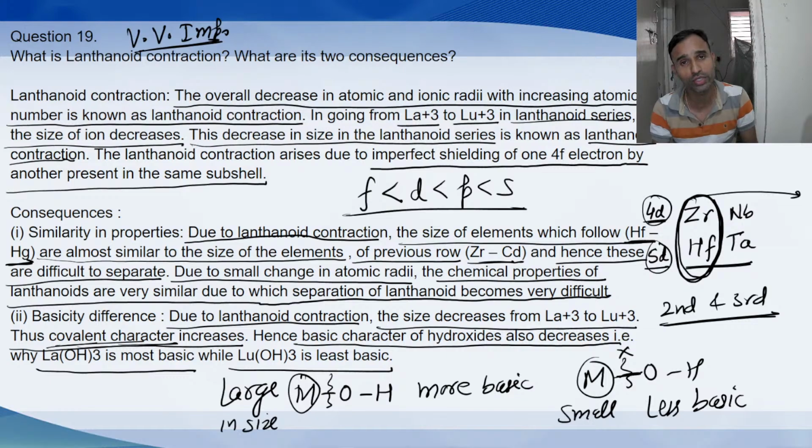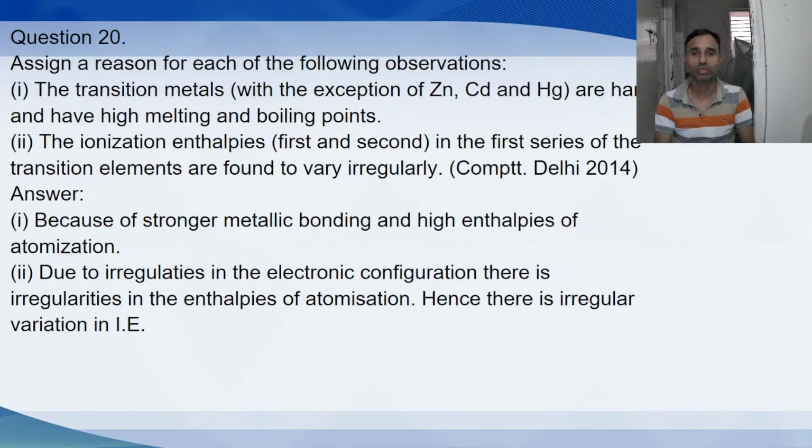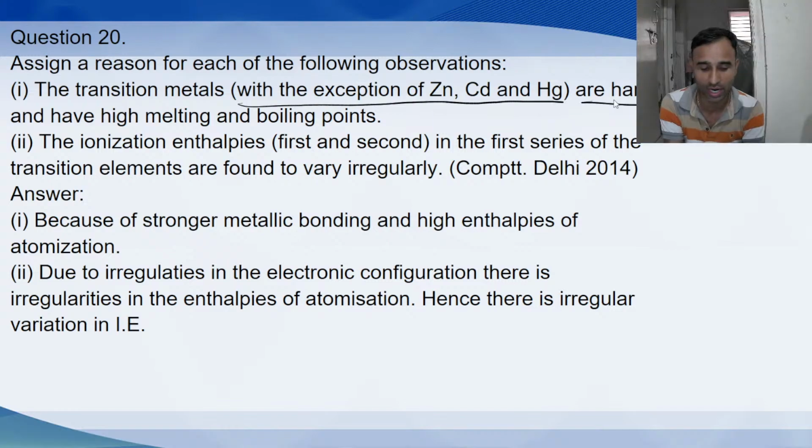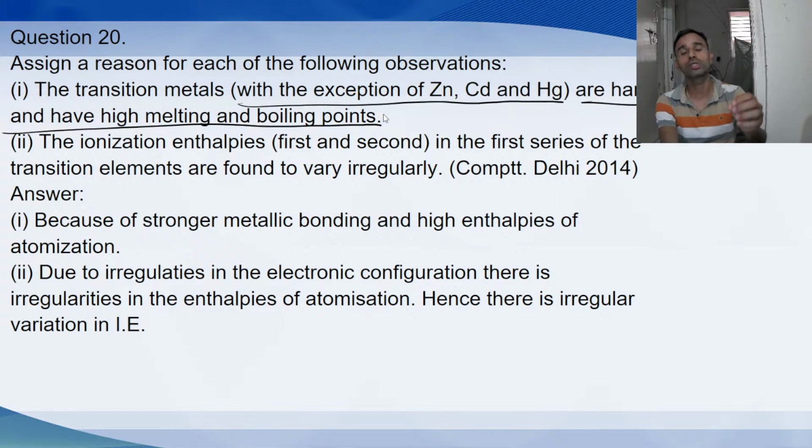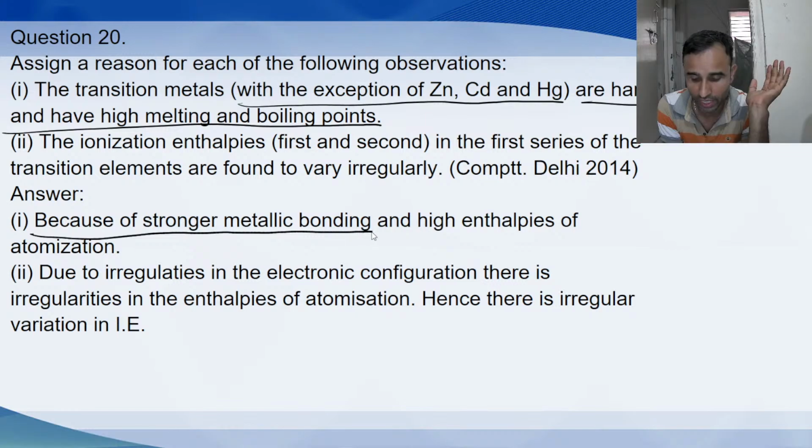Very, very important question. Last question of the day. Assign a reason for each of the following observations. Transition metals with the exception of zinc, cadmium and mercury are hard and have high melting and boiling points because they have a large number of unpaired electrons. That's why their metallic bonding is strong, and that's why their enthalpy of atomization is high. Simply write: because of the stronger metallic bonding